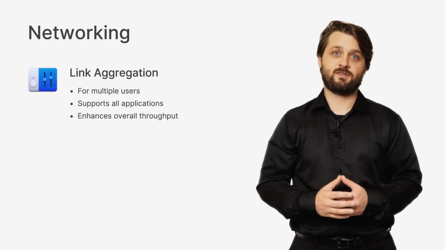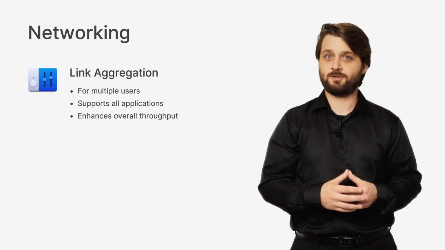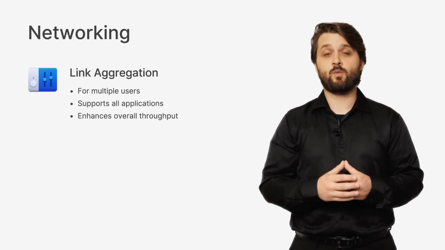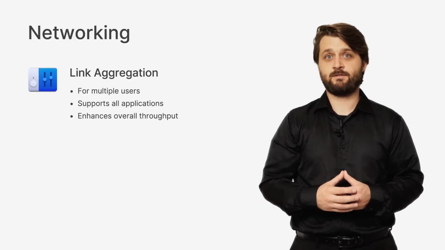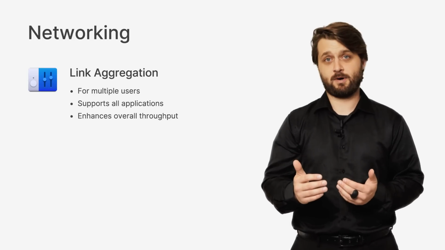As a Mac user that may be using their system for business purposes or for creative purposes, there are some networking features you're going to want to take into account whenever you're setting up your Synology NAS to get the most performance possible for either of those use cases. For link aggregation or bonding in the Synology NAS, this allows you to link two physical network interfaces together on the Synology NAS to increase overall throughput. Now, if you linked two 1 gigabit Ethernet connections together, you would have 2 gigabit Ethernet capability in terms of overall throughput for that bond.